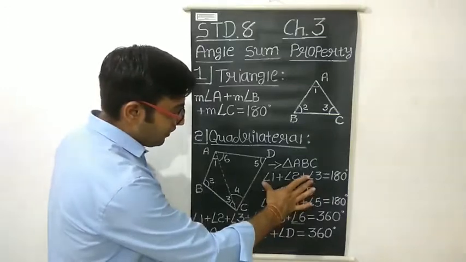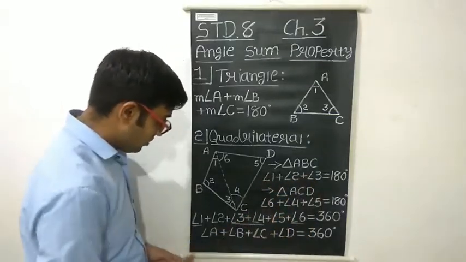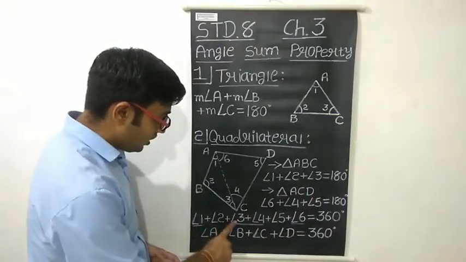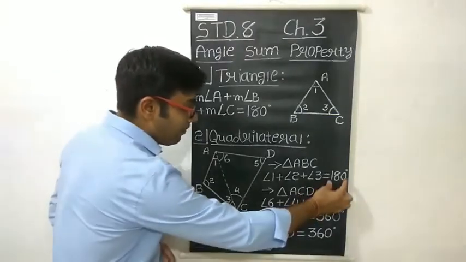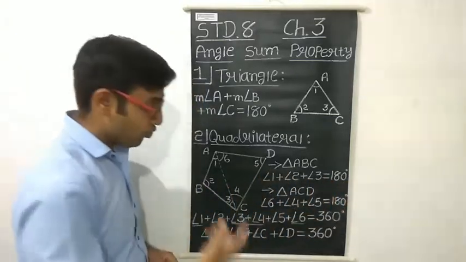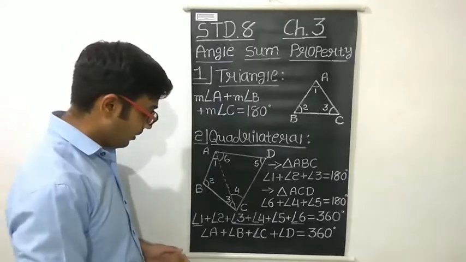So here on the left hand side there are angles 1, 2, 3, 4, 5, 6. I write down 1, 2, 3, 4, 5, 6, all are the angles. And on the right hand side, 180 plus 180, so the total is equal to 360 degrees. Now